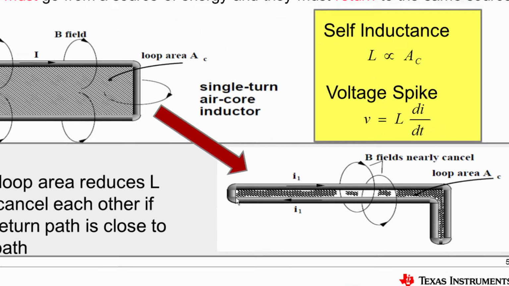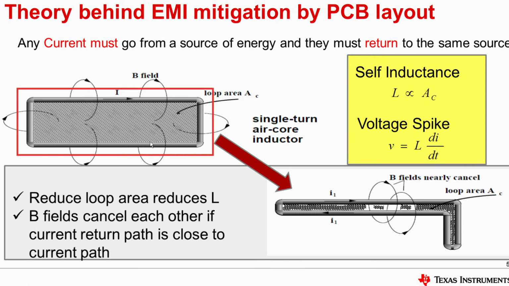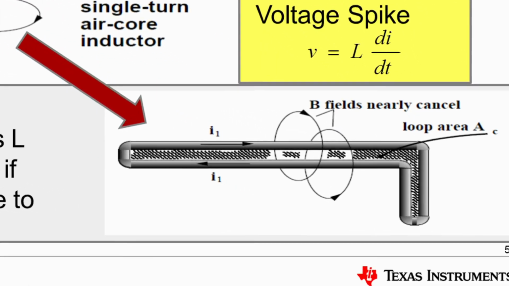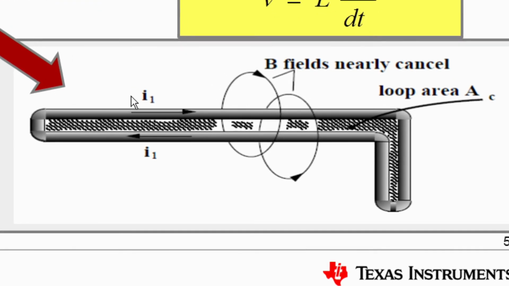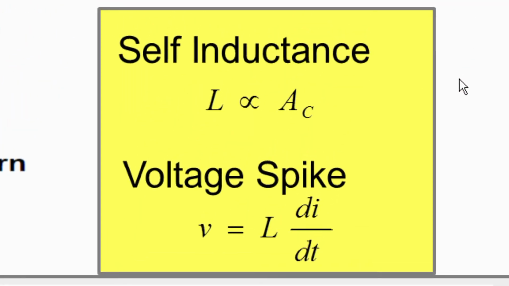So now instead of this large rectangular area being your antenna, the area is now the difference between the return path and the initial path. That area is actually much smaller, and that's going to lower your inductance, and lower your voltage spikes. It's the easiest way to get a low loop area, and as we showed before, low loop area is going to give you better conducted and better radiated EMI.